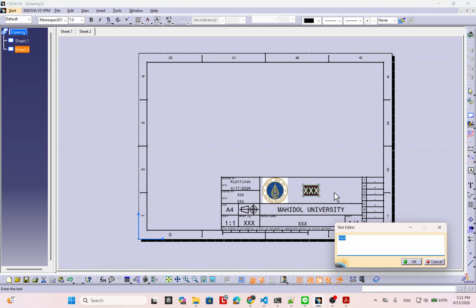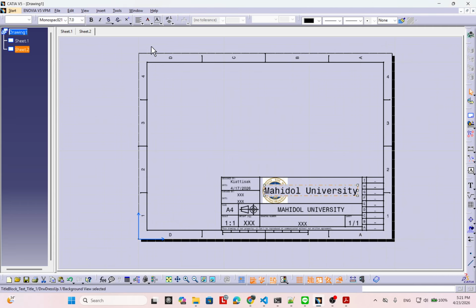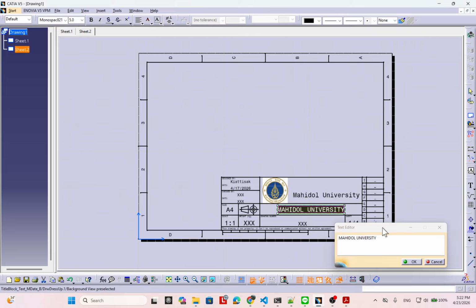Okay, right now I define the name Mahidol University, Mahidol University, right? Okay, and this one maybe is bigger. I reduce the size, right? And this I change to